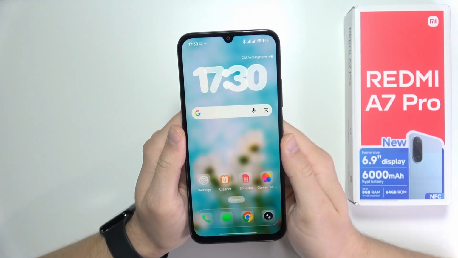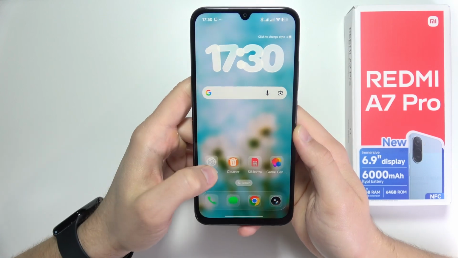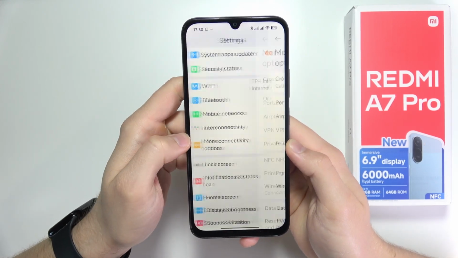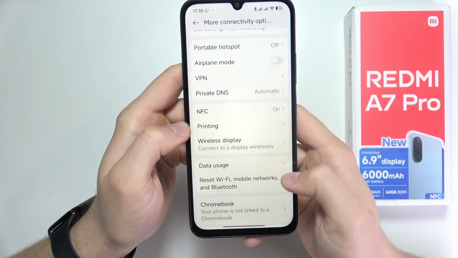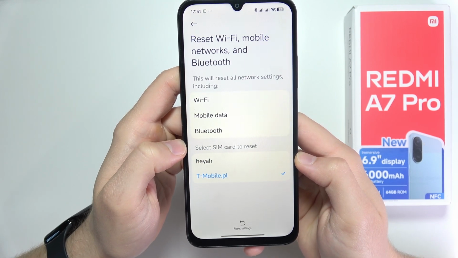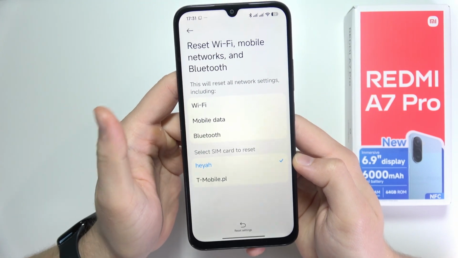To fix mobile network problem on the Redmi A7 Pro, I'm gonna show you few tips. The first one, open settings, go to the more connectivity options. Then you will have to go into reset Wi-Fi, mobile networks and Bluetooth and select which SIM card you want to reset. If you have problem with both SIM cards, you will have to first reset the first one and